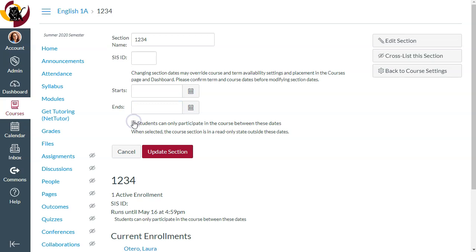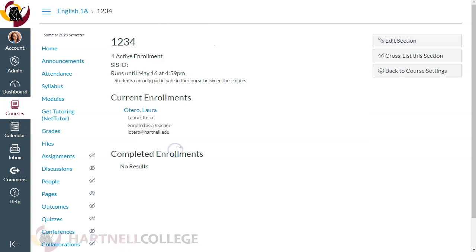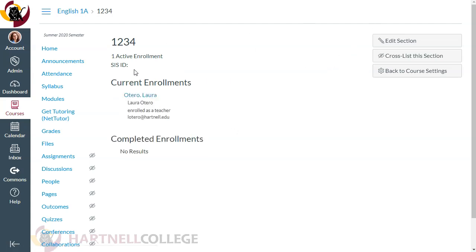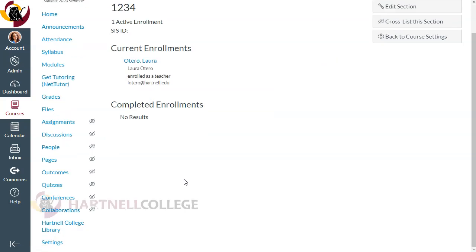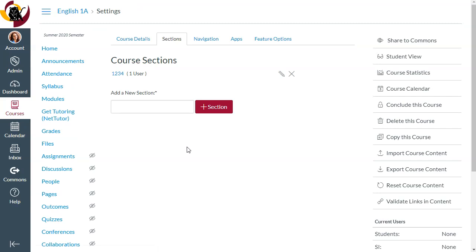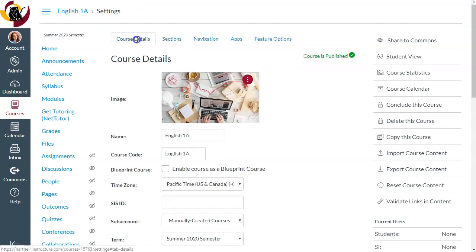So we'll go ahead and uncheck this and we'll hit Update Section. And it doesn't look like it's updated, but if we click the refresh button, cool, it looks like my change was saved. So now if we go back into our course settings, and if we go back into our course details,